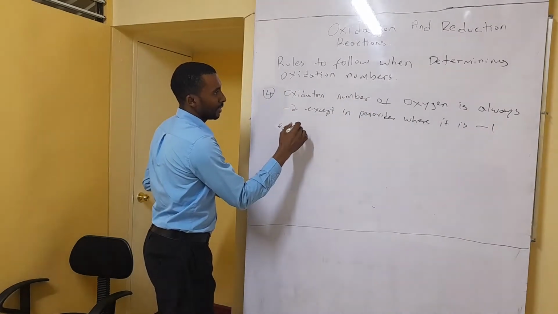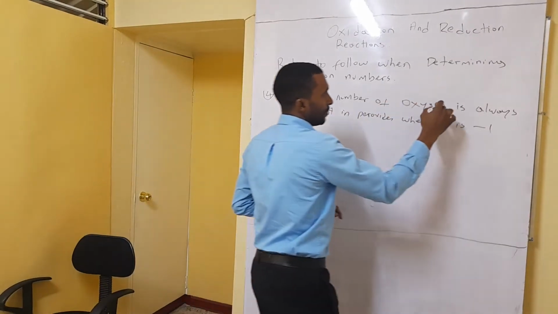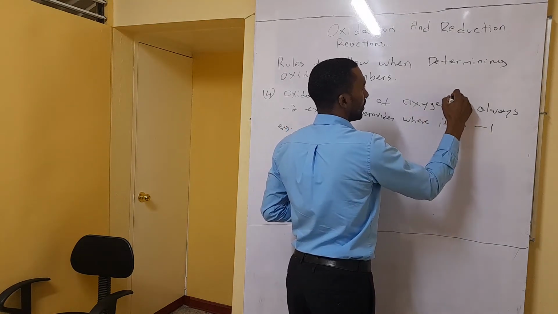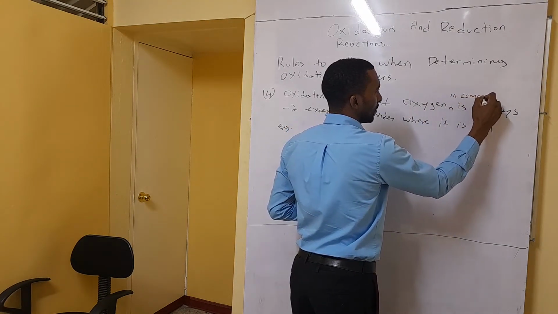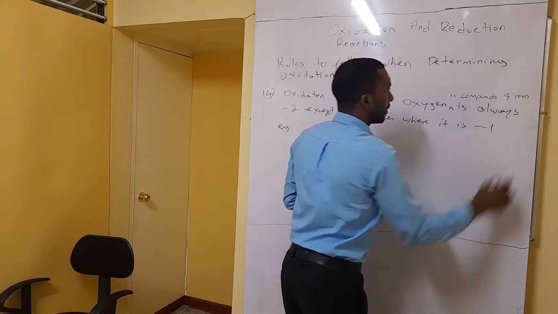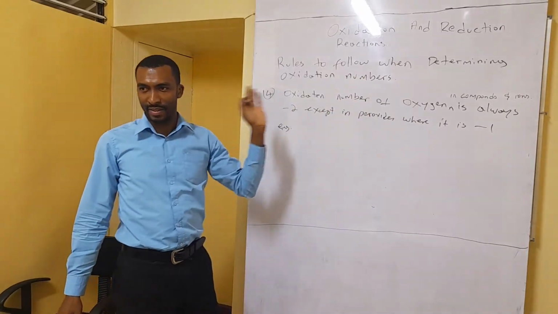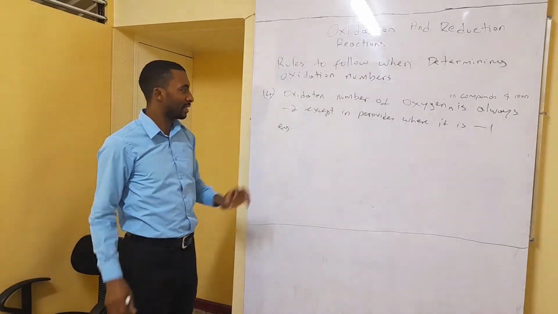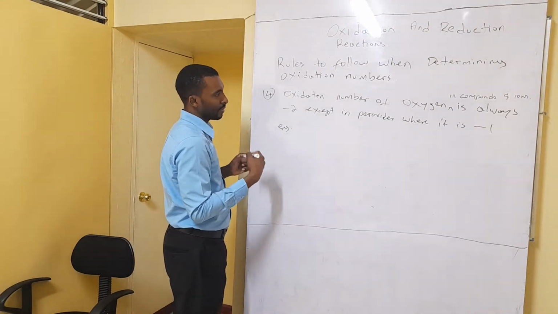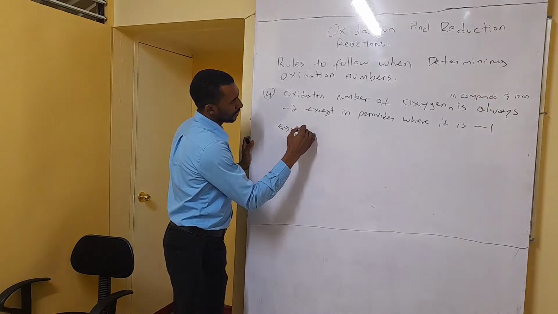So, if we look at, I want to stay here in compounds, right? Because I don't want you to mix up and say, oh, but what about oxygen gas, which is 0? But that's different. So you have to state in compounds, alright? So if we look at a compound or ion, so oxygen, for example, if we look at